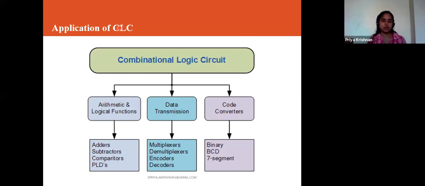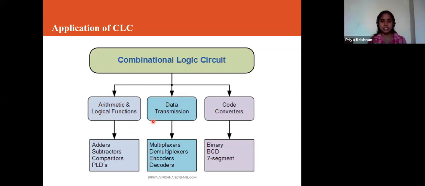The applications of combinational logic circuits. Yes, we have different areas where we use combinational circuits. One is for simple arithmetic operations. So today we are going to cover this one, arithmetic operations. What are the arithmetic operations? All the maths operations you call arithmetic operations. That is addition, subtraction, division, comparing things. These things are arithmetic operations. Those things you can very easily do with the help of a combinational circuit.